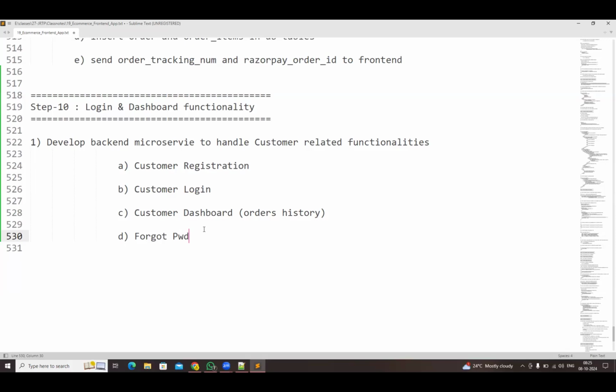That backend microservice will contain customer registration functionality. Customer can register customer name, customer email ID, customer phone number, customer gender. He can create the account in the application, and a customer can log in by using email ID and password. When the login is successful, customer should be redirected to dashboard functionality. In the dashboard, whatever the orders that customer has placed, that orders history we need to display in the table